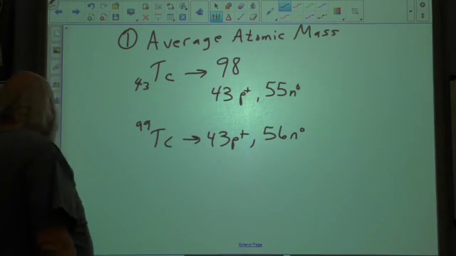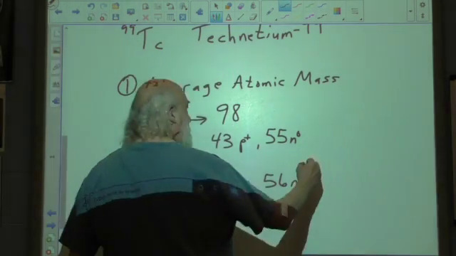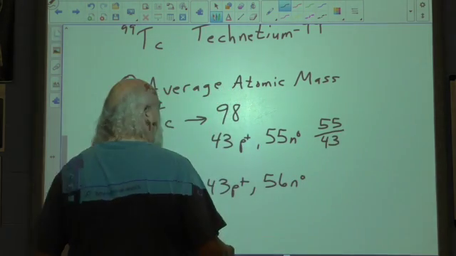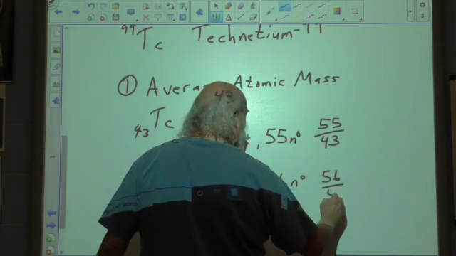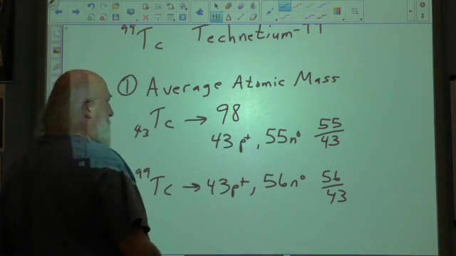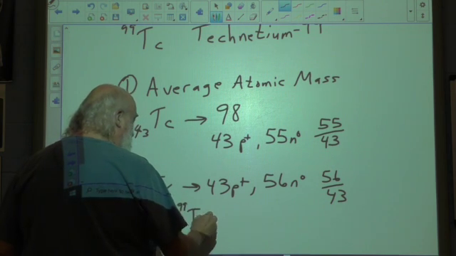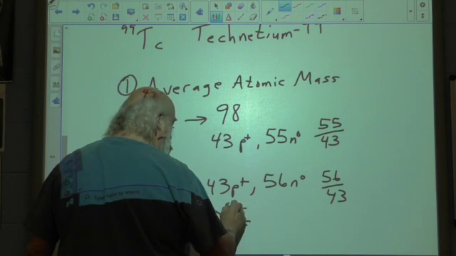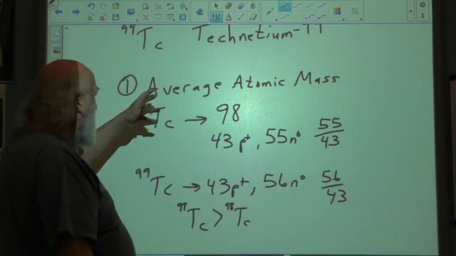So when we take a look at this band of stability here, the ratio of 55 to 43, of course, is less than this right here, 56 to 43, or since we probably should put it in comparison to what it says in the periodic chart for the average atomic mass, technetium 99 is going to be greater than technetium 98. So the ratio is slightly higher, the comparison of